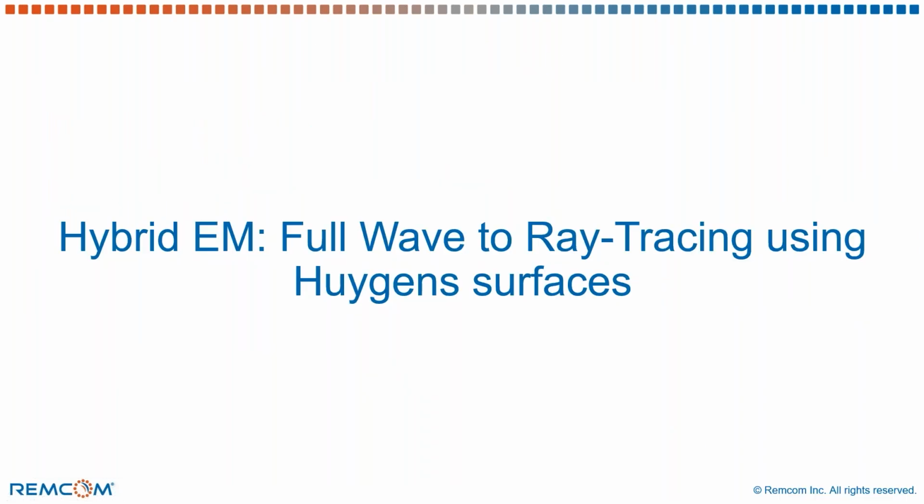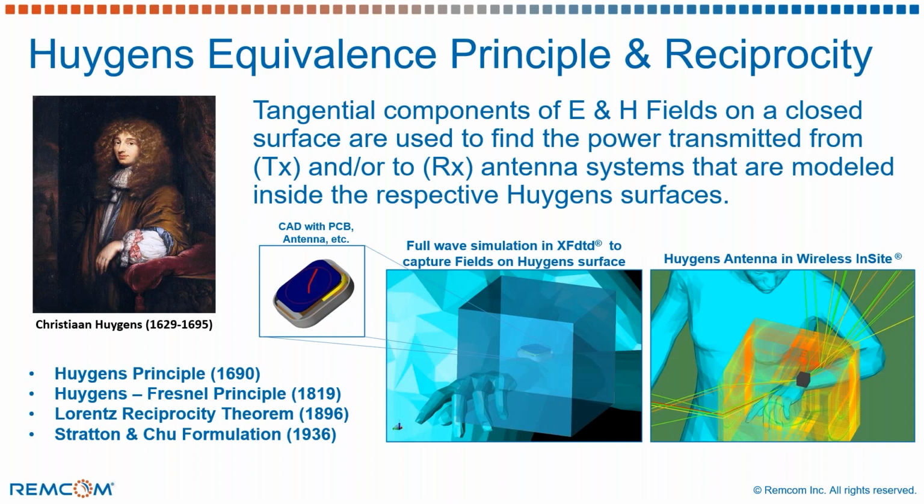Hybrid EM is where I'll show you how you can simulate full wave to ray tracing using Huygens surfaces. This work was based on the Huygens equivalence principle and the Lorentz reciprocity theorem. What we do is use the tangential components of the E and H fields on a closed surface in the full wave solver to find the power transmitted from either a TX or an RX that's represented in here